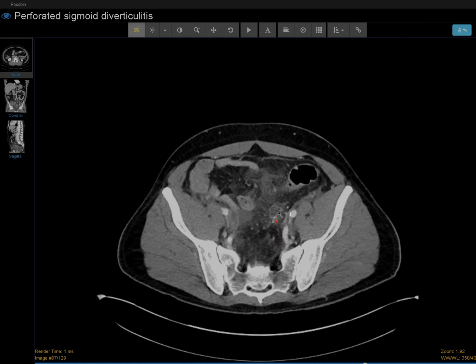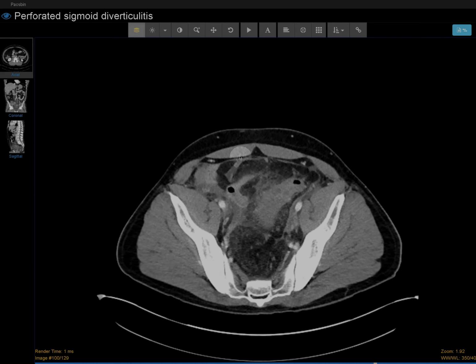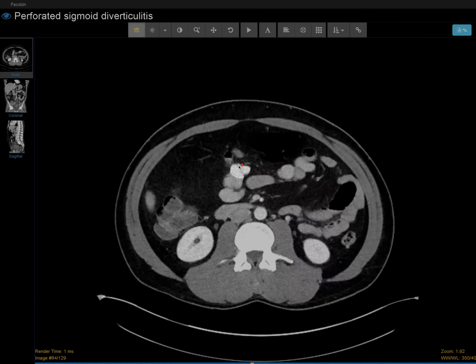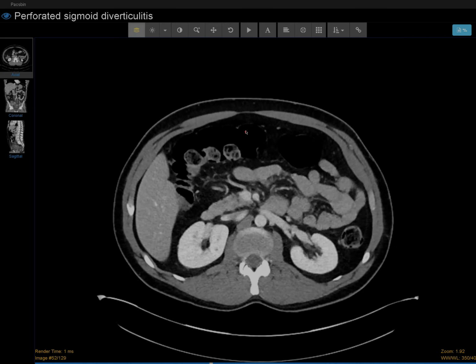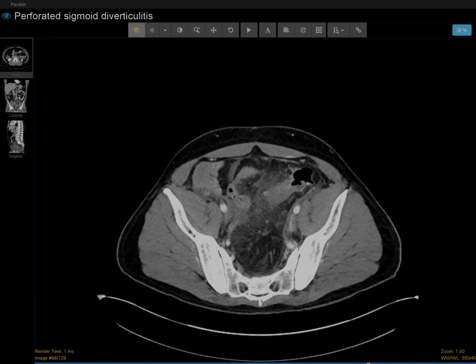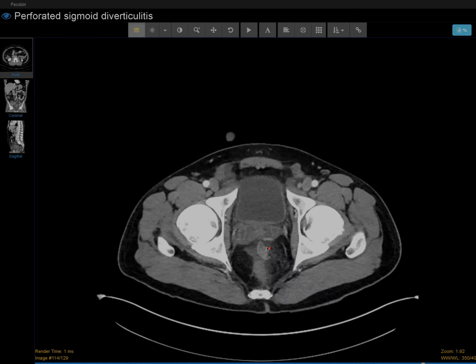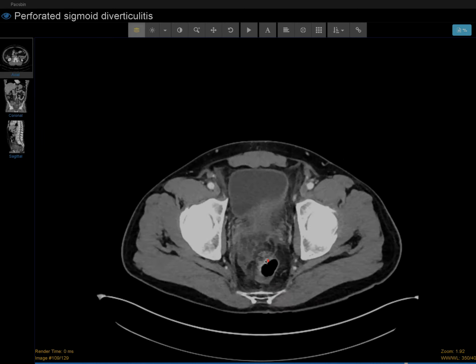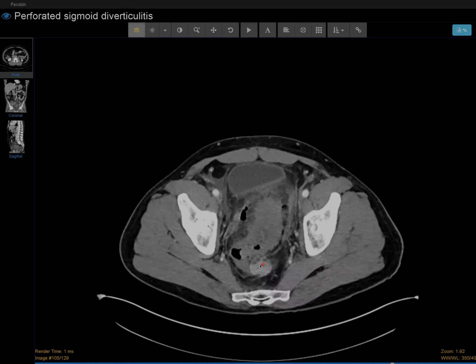Let me come up. And the other thing that catches my eye is that right here, there's peritoneal thickening. Now, normally you would not see a peritoneum. Let me go up. Here, you have the anterior abdominal wall and the peritoneal lining may be somewhere around here, but you can't tell where the peritoneum is. But if I go down here, you can tell that this is where the peritoneum starts, and outside of here is the anterior abdominal wall, and inside of the peritoneum is the abdominal cavity. So there is some reactive peritonitis, perforated, or call this a perforated